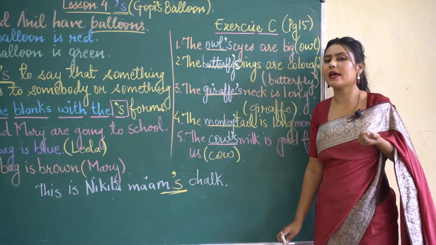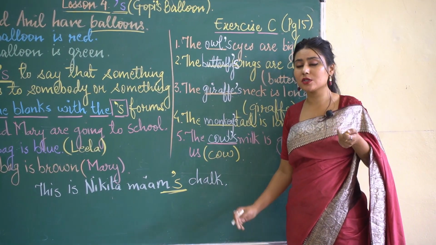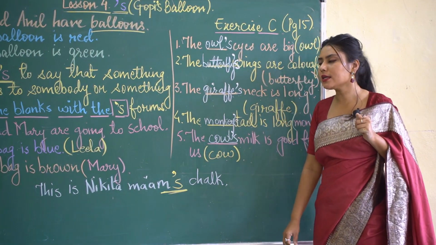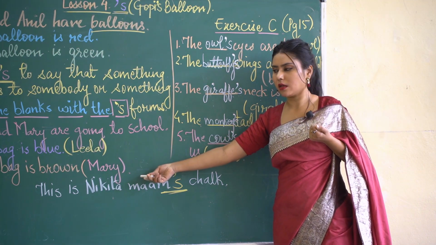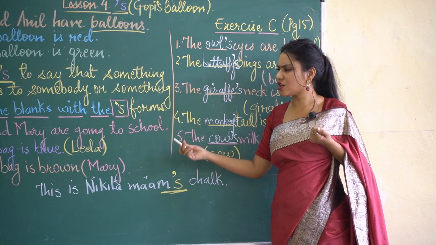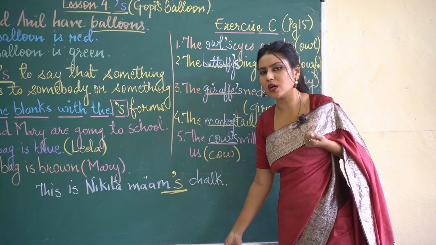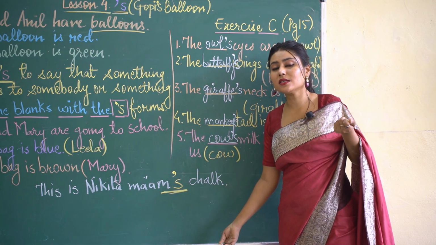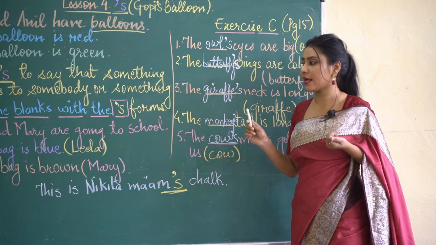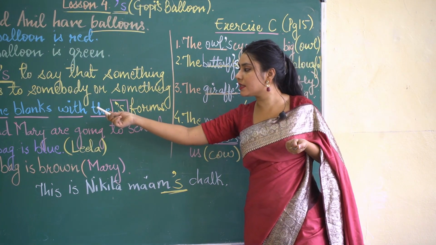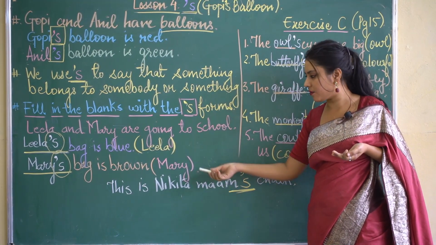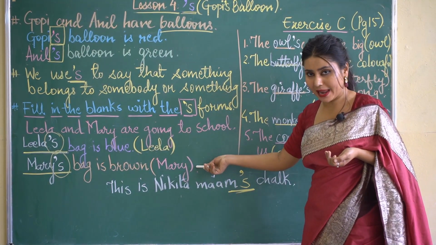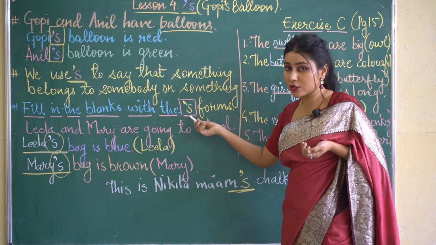And these kinds of questions come in the examinations which confuse you, because you simply think that the options are given at the corner and we will just fill up the blanks with those words and we will find the answers. No. Always pay attention that it is always given that fill in the blanks with apostrophe S. Everything is given in the question itself. You will be given the names to fill up the blanks. You will be given apostrophe S.